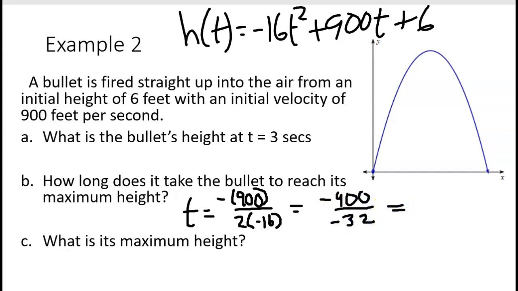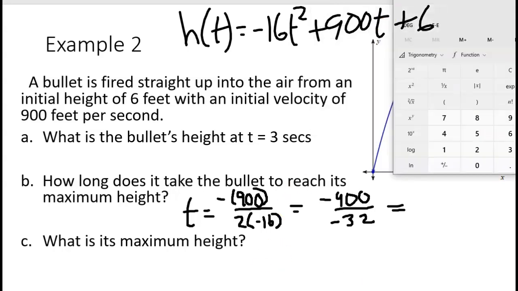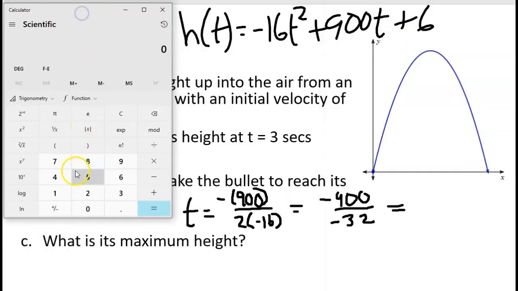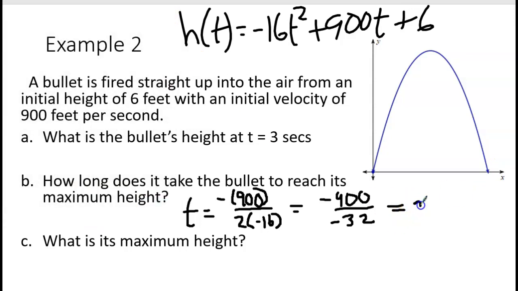which I'm going to need a calculator for. And don't be surprised, with these types of problems, you are going to get ugly looking decimal numbers a lot of times. It's not uncommon, just because in real life, we don't end up with nice, neat numbers a lot of times. They come out kind of messy looking. So 900 divided by 32 is 28.125. And remember, what I just found was a t value, so that's 28.125 seconds. So what that means is that's how long it takes that bullet to reach its maximum height,